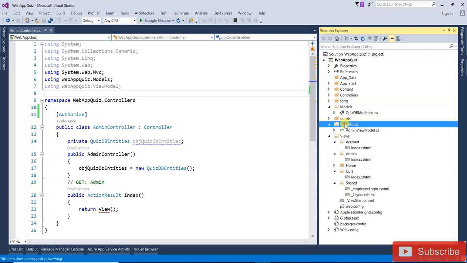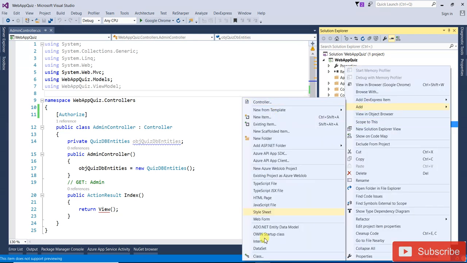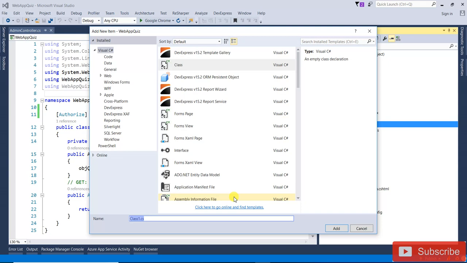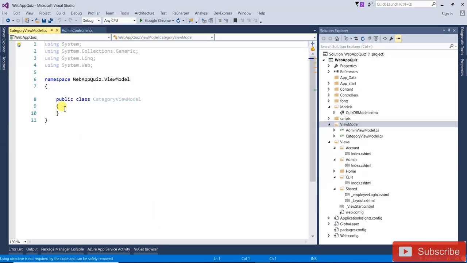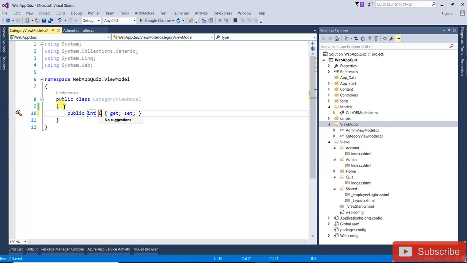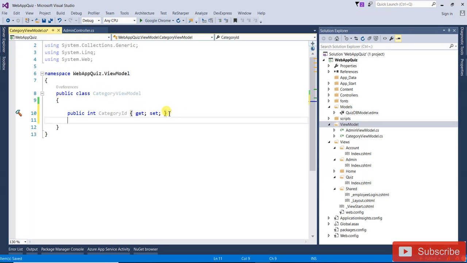go to the view model. Here I am going to add the category view model, because first the employee will select the category and then question, then option. So now here I'll add the category view model. Okay, so category will be the drop down. So first I'm going to add category ID. Then the next one will be the IEnumerable of